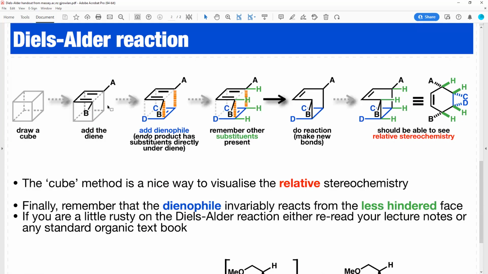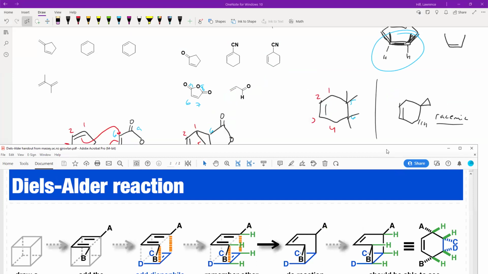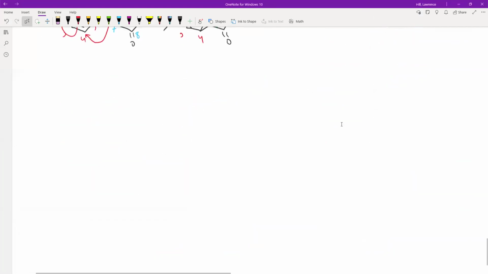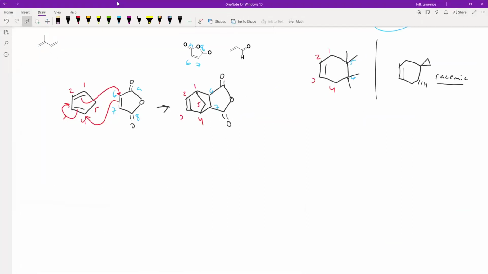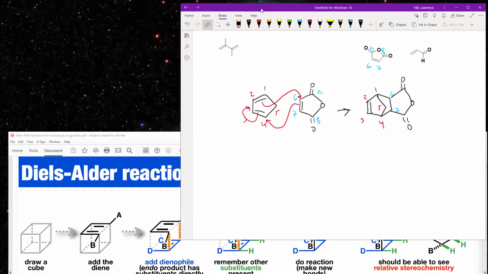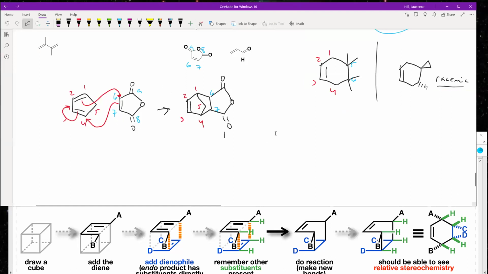And that's where we talked about the cube method. The cube method is sort of a trick for keeping track of where all your different groups will be located at the end. So let's go ahead and just put that down there for now. This is something you're going to have to practice for it to be useful. But I think it's worth it. It's definitely worth it if you're going to do anything with Diels-Alder, which you will in this class. Okay, so looking at this example here,